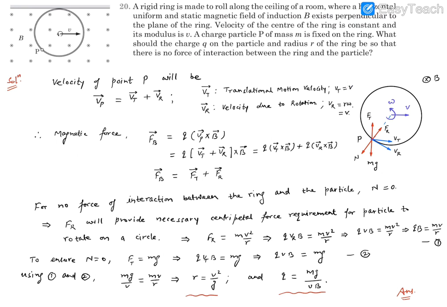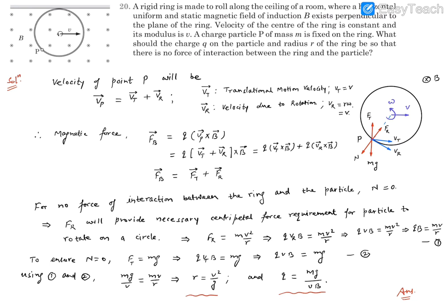And similarly, Vr vector is the velocity due to rotational motion, and we know since it's a rolling, Vr is going to be equal to R omega, which further becomes equal to V. So V is equal to R omega, that's because of a rolling condition, and this is the velocity due to rotation. So particle moves in a circle because of this rotation velocity, right? So here the two velocities have been shown by the arrows. This Vr is going to be tangential because it's because of omega rotational, and Vt is going to be in the same direction as the center of mass velocity, that's horizontal.